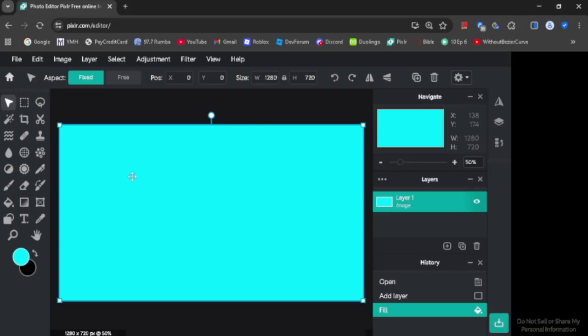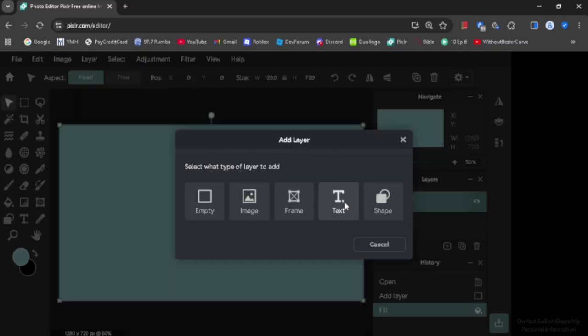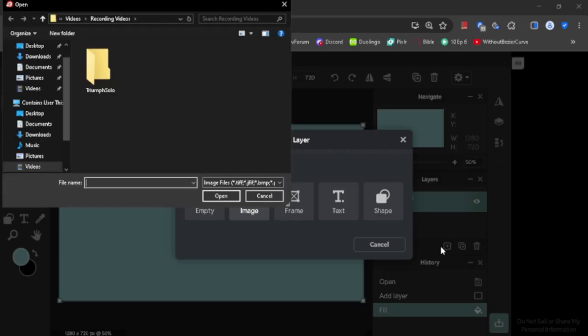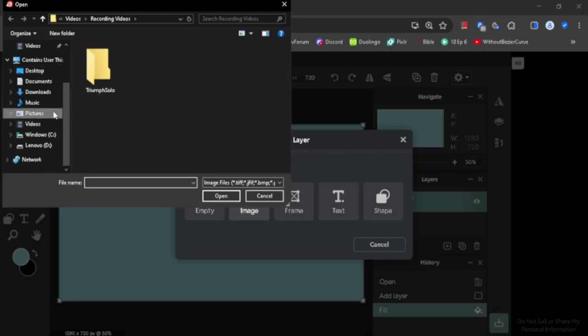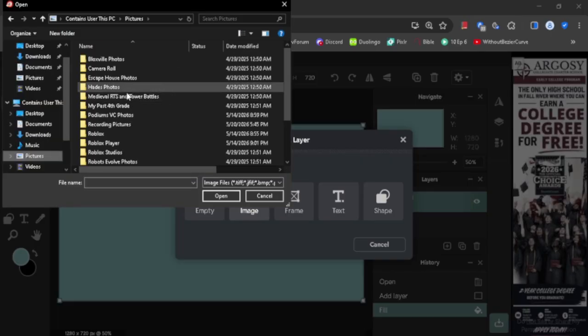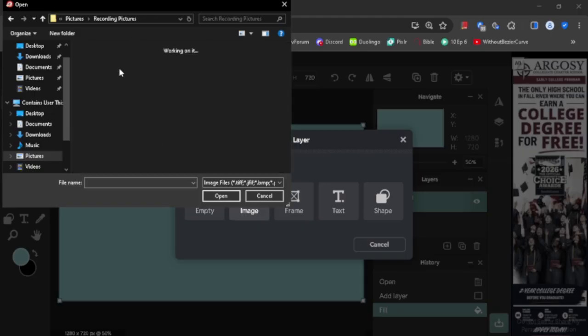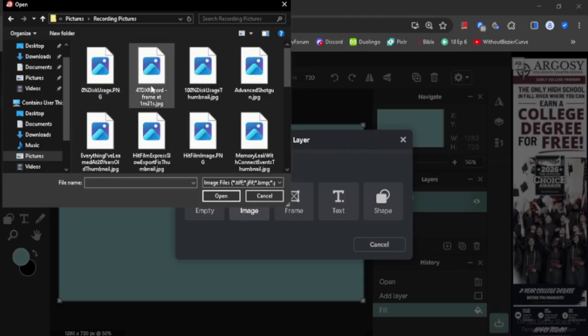Now we're going to go here. We're going to click image. So I hit the plus. I don't know if I just hit add layer, which I think is this button. I didn't even think about it. And go to pictures. I mean, this is my folders, but